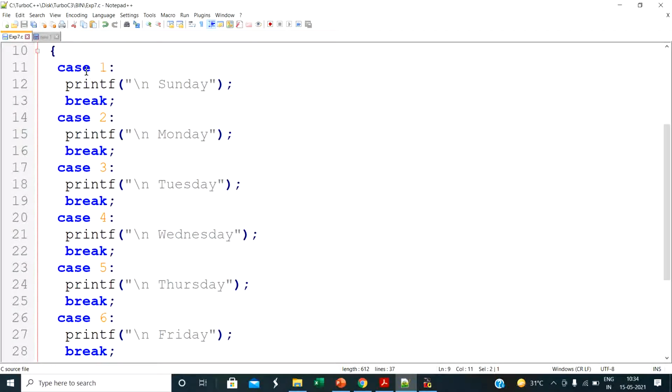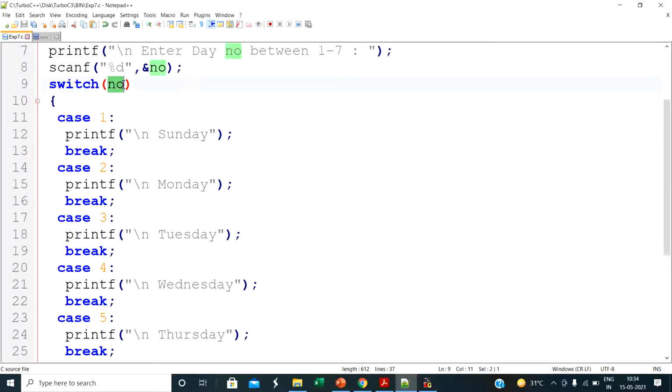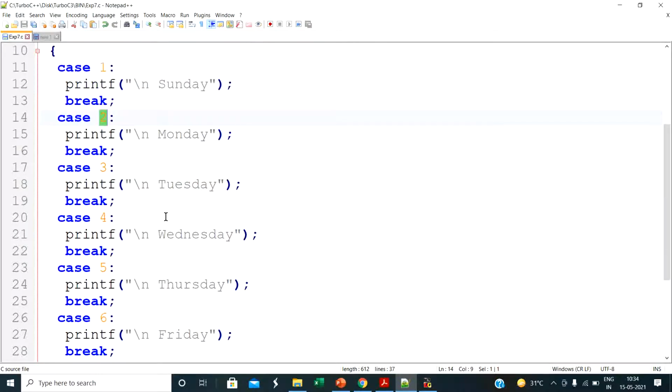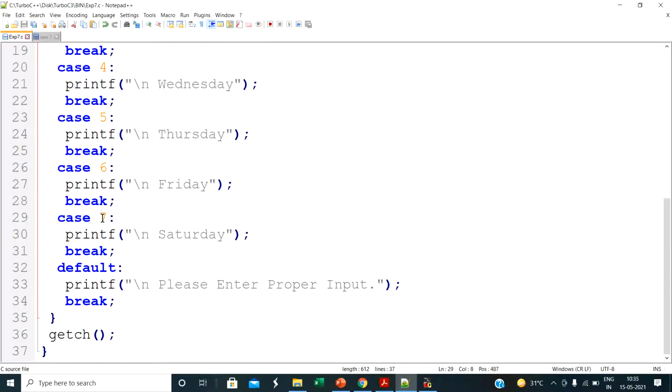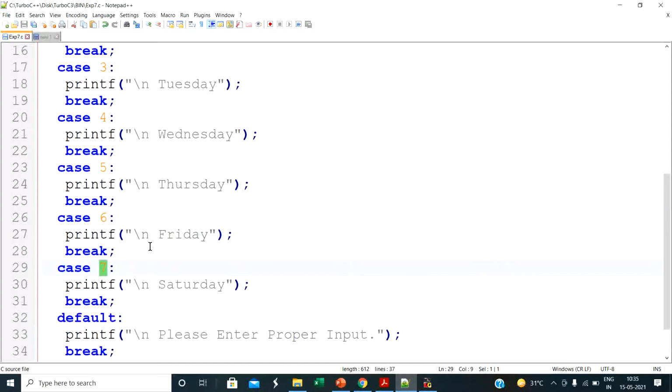Case 1, the first case value is 1. If num is equal to 1, it prints Sunday. If the num value is equal to 2, then it displays Monday. So the case value is compared with your variable, and if the value is equal, the compiler executes that statement. Similarly we define the seventh case, 7, which prints Saturday.